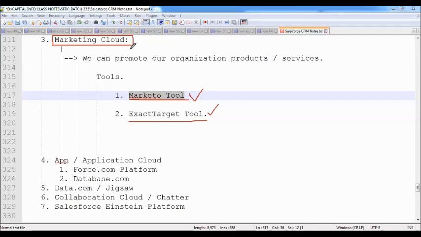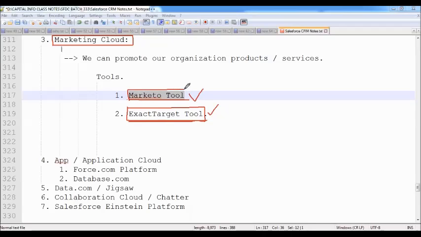But in these 2 years of time, the market may change, technology may change, marketing processes may change. So they can't wait that much time. They don't want to invest 2 years of time. So they decided, instead of building that software from scratch, why can't we buy one of these softwares? Why can't we acquire one of these organizations?